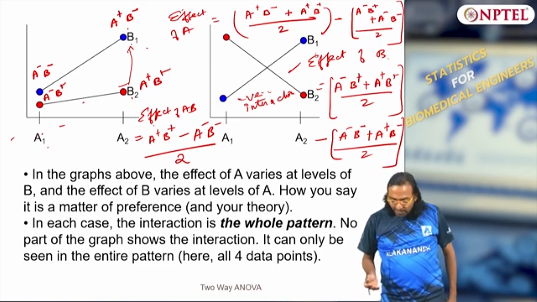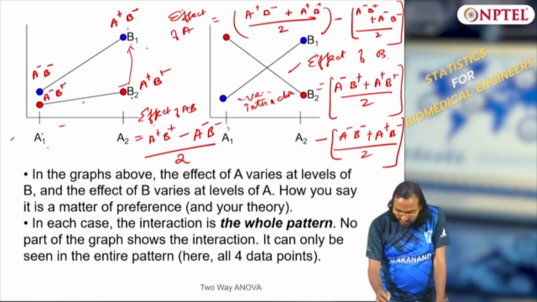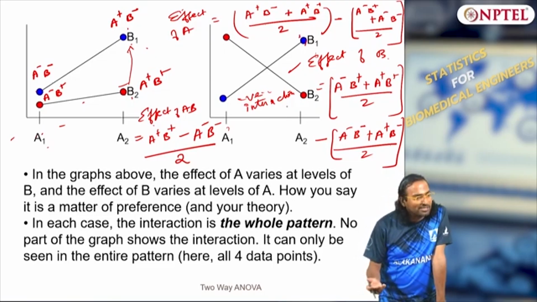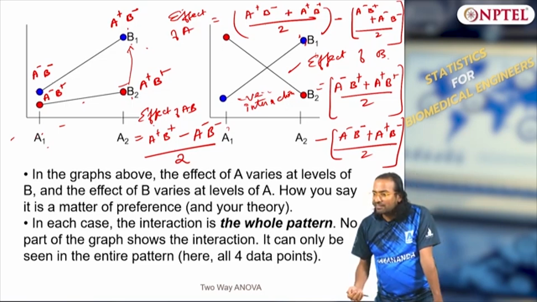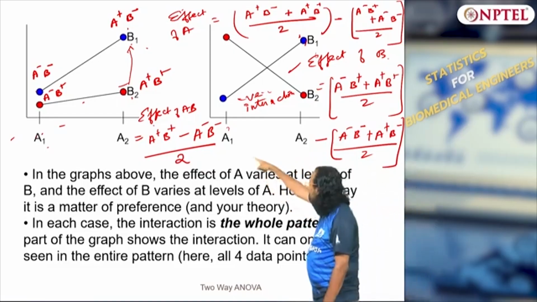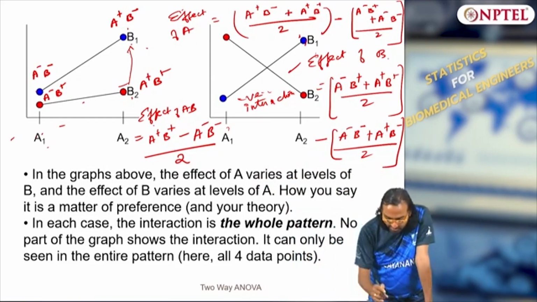What you would have expected, if A positive, you see, this is A positive, B negative, which is higher than A positive, B positive. What does it tell you? It is actually one pulling the effect of the other. Just by plotting a simple graph, you should be able to say, look at the second graph, what is this point? That is nothing but A positive,